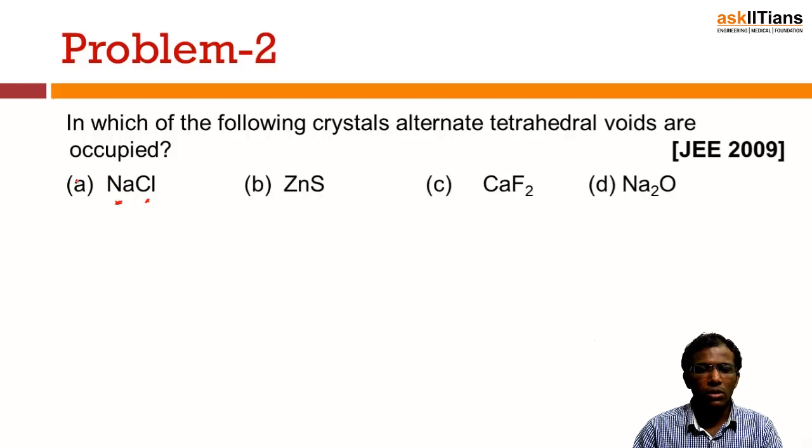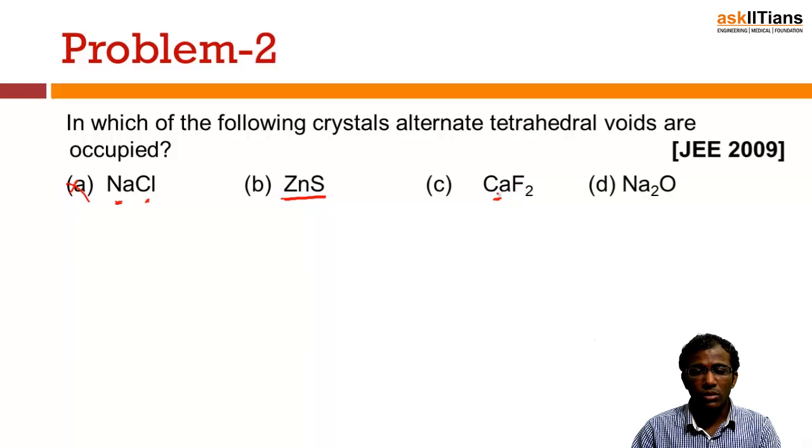So this is not the correct one. Alternate tetrahedral voids are occupied in zinc sulfide, where the zinc ions occupy alternate tetrahedral voids, whereas in calcium fluoride, the fluoride ions occupy all the